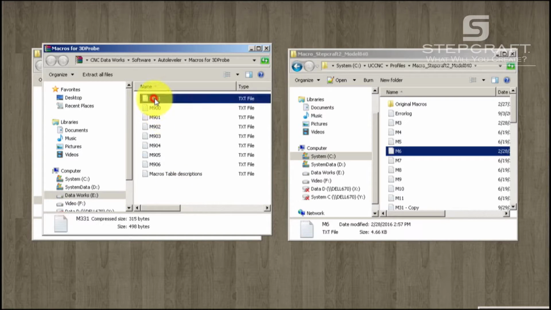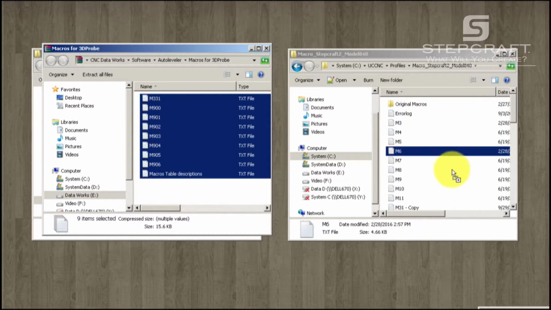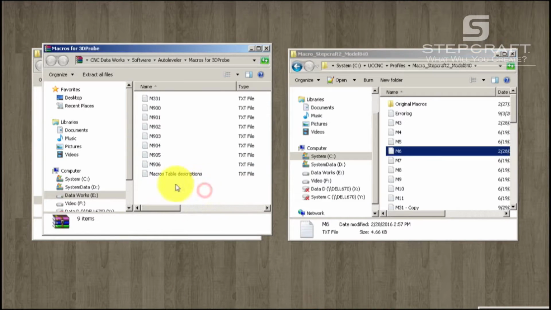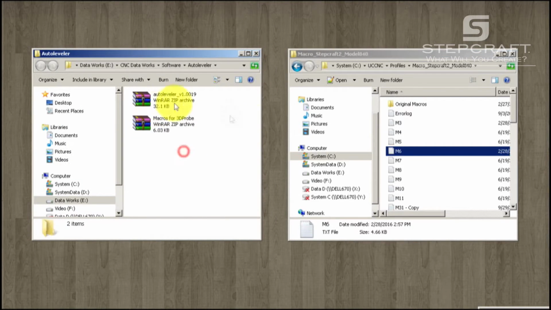The only thing is, this is a replacement for the M331 macro that allows you to write the 3D point cloud to the hard drive. Okay, so you need to replace that macro. Okay, I'm going to move everything here, and of course I already have everything installed, and I recommend you read this. Okay, after we install this,